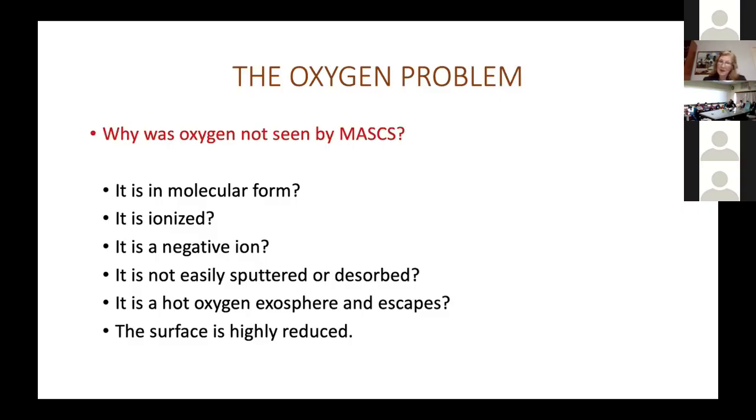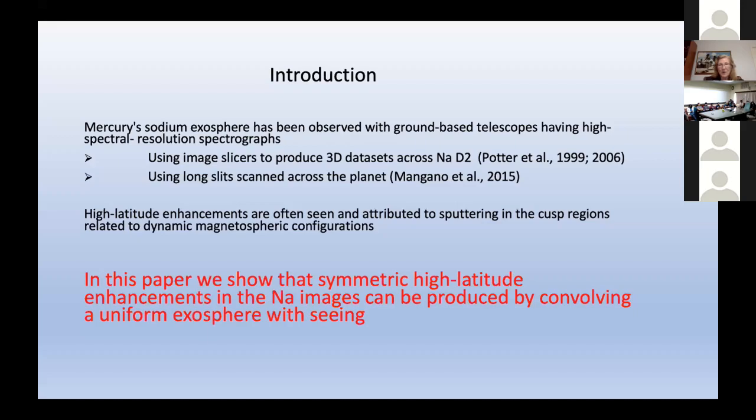Is it not easily sputtered? People say it should be. Is there a hot oxygen exosphere and it's just escaping and there's not enough to see? Or is the surface simply highly reduced and there isn't a lot of oxygen? So these are questions that maybe BepiColombo could investigate. So I'm going to show some things that I showed for